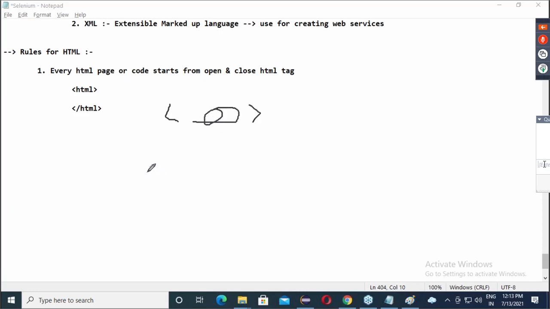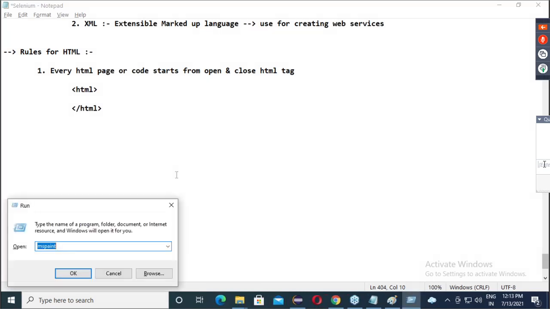The first word after the open angular brace is considered a tag, or you can say tag name. Anything is fine. So every HTML page starts and ends with what? HTML. So guys, now let me remove this drawing and let's develop one HTML page. Go to Notepad.